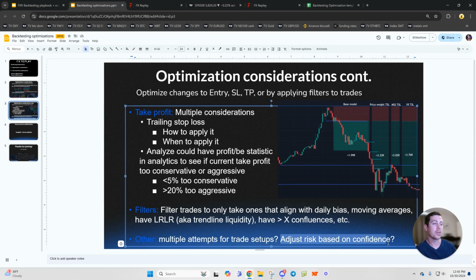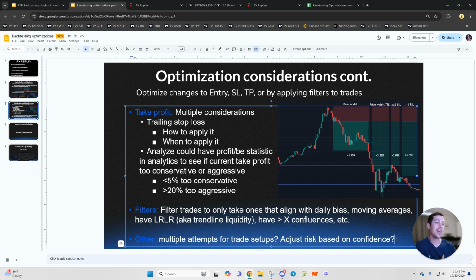And then also you could potentially adjust your risk based on confidence. So if you have a way to scale how confident am I in this trade? Is it in the right session? Or are there multiple confluences? Is it a news day when there's maybe a little more volume and volatility? If not, maybe it's valid with the model, but maybe I scale back to like half risk on those trades,